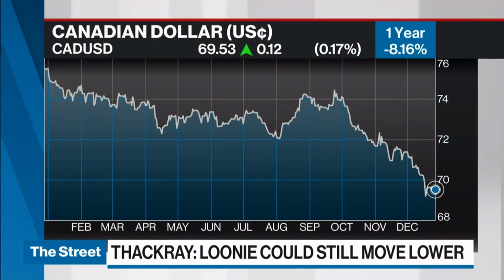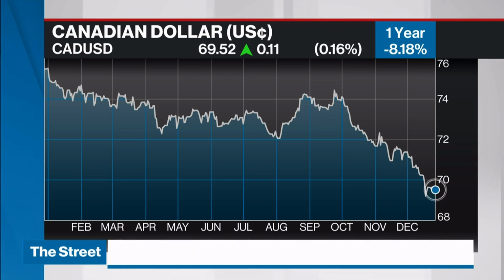We are now sub 70 cents for only the fourth time since the mid 90s, and you can go back through the collapse in the oil price of 2016, the fiscal crisis of the 90s. There have been different catalysts over the years for a weak Canadian dollar, and you think this may not be the bottom? No, I think that we could see the Canadian dollar actually move lower at this point because, first of all,